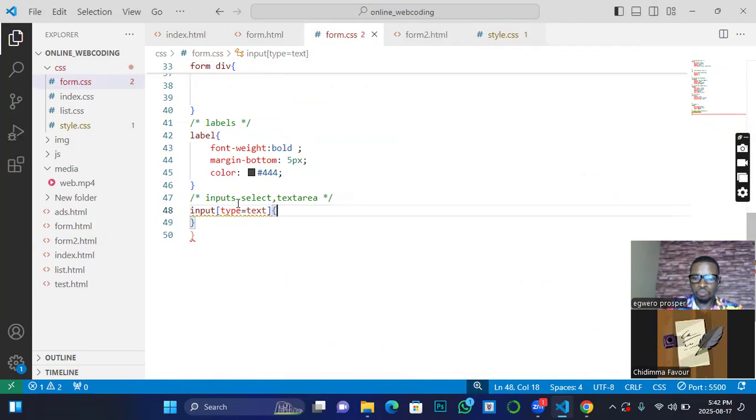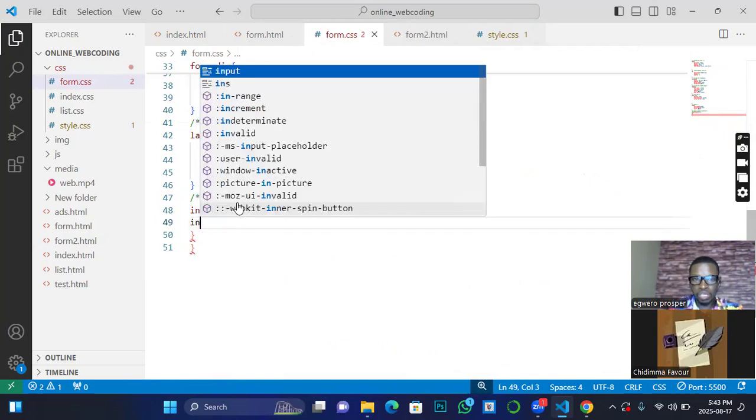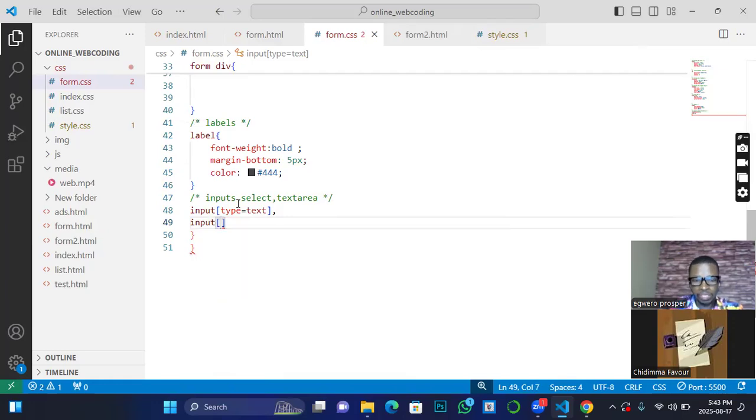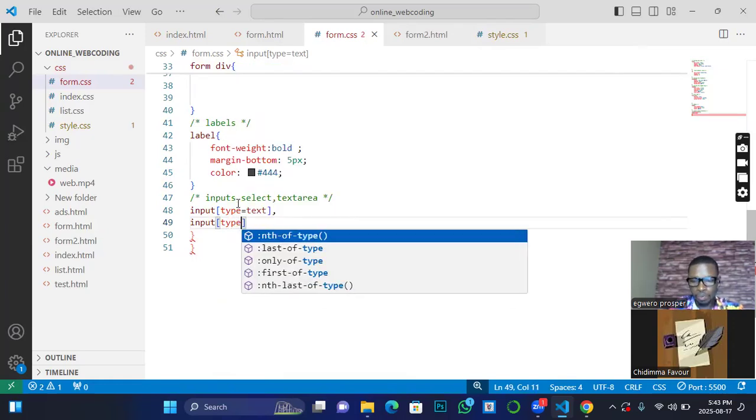But I'm going to select them using group. That is what? Select two or more of them at the same time and give them the same appearance. So this is how I'll be selecting it. I will put a comma here after this set. Then I will again do input, then select, input select type equals to